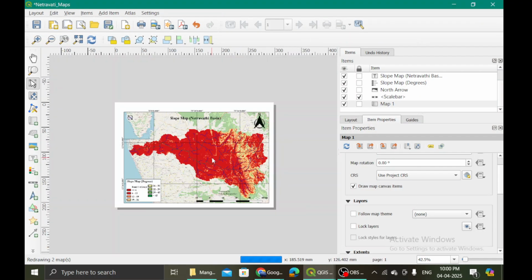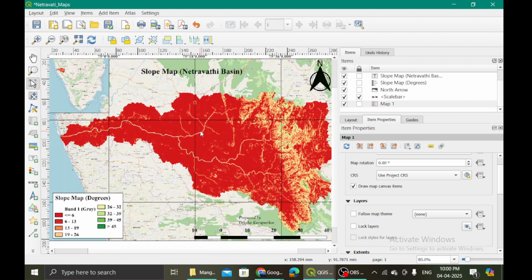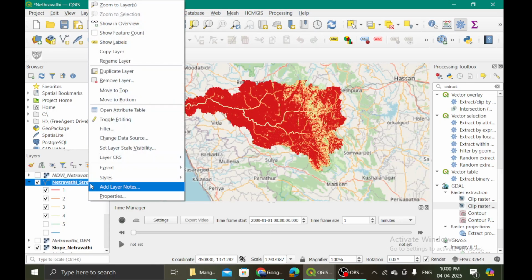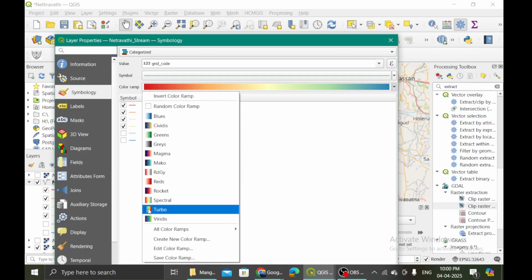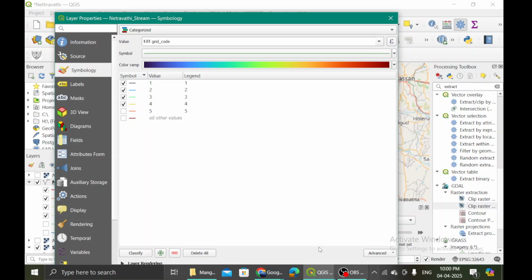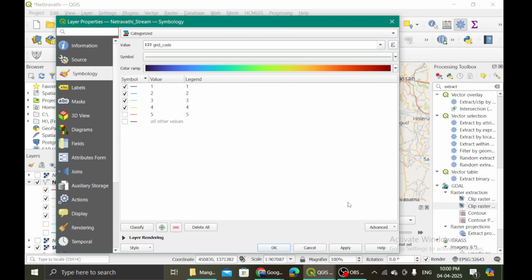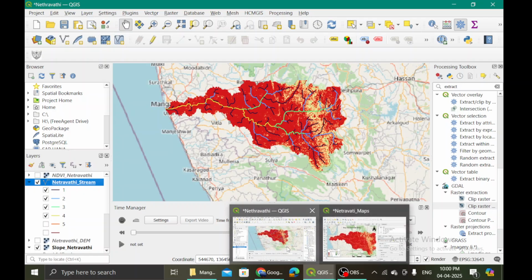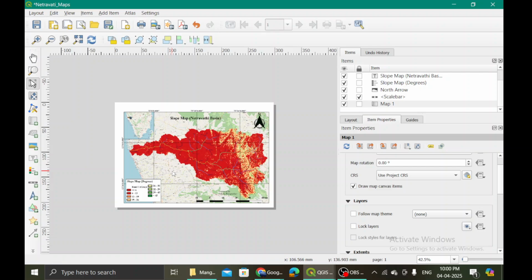Let me go back here and zoom in, zoom out. Yes, so the stream has come over here, right? Seems to be a little awkward. I don't want to go ahead with it. Let me change the ramp again, maybe to turbo. This might do the trick. Apply. Okay. All right. I told you it might look funny for now. Okay, let it look funny.